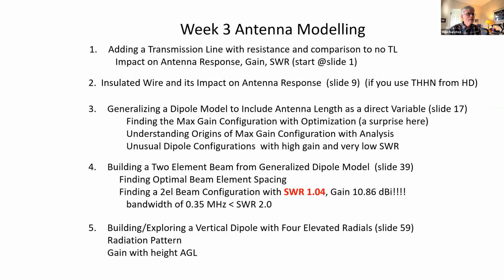And then we'll take that building block, that dipole model, and we'll build a simple 2-element beam. And then we'll optimize it until we find a pretty good beam with an SWR that is essentially a match for 50 ohm coax, which I did not know was possible, given all the Yagis that are out there that need matching sections. And last, we'll take the dipole that we've been working with in a horizontal and inverted V and upverted V, and we'll turn it into a vertical dipole with 4 elevated radials to introduce the vertical format. Okay,